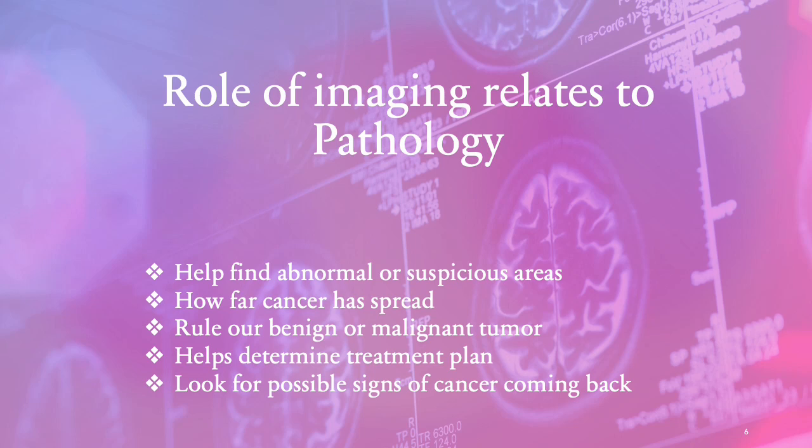Imaging is a part of the diagnosis and care plan for the patient with liver cancer. Imaging is a part of the test that helps the doctor diagnose and locate tumors. Imaging also helps rule out if it's benign or malignant. Usually on some exams, if there is more than one tumor or if it's spread out, then that could be a sign that the tumor is metastatic. Imaging helps us know how far the cancer has spread. It also helps determine what treatments the patient should undergo. Imaging plays a big role in